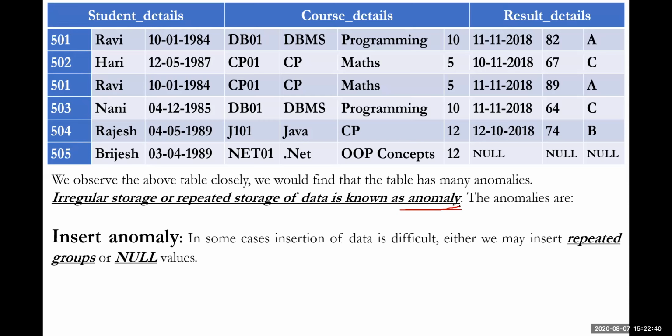We do have so many anomalies. One anomaly is insertion anomaly. Insertion anomaly gives you repeated number of times the same data will be entered, or you are forced to enter null values. Look at this: repeated times in the sense, 501 and 501 have been entered the first two times. If 501 will be taken,